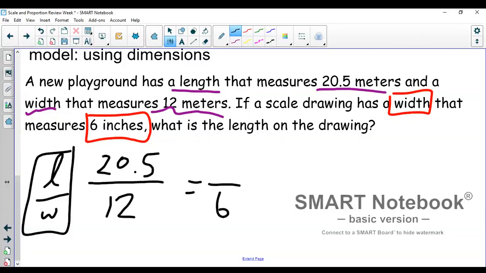What is the length? Good question. That's what we're trying to figure out. So n or x or a or any variable that